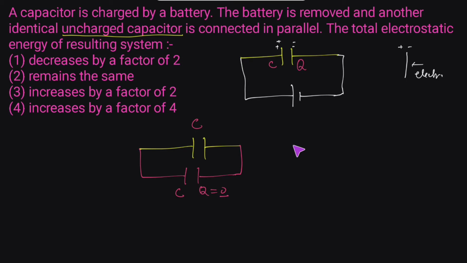So this is the scenario, and now we are asked to find the electrostatic energy of this system. Let's say the electrostatic energy stored in this system is E2, and we have to compare E2 with E1, if E1 is the electrostatic energy of this capacitor alone. So the electrostatic energy stored in a capacitor, if E is representing the electrostatic energy, is given by half C V square. This is the basic formula.